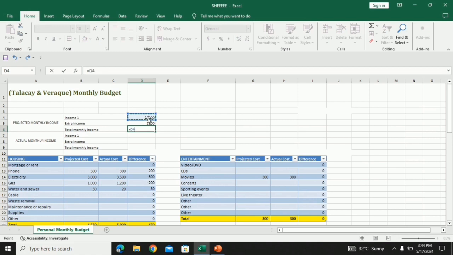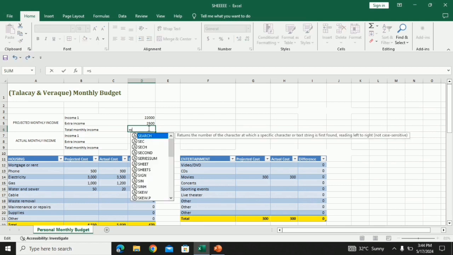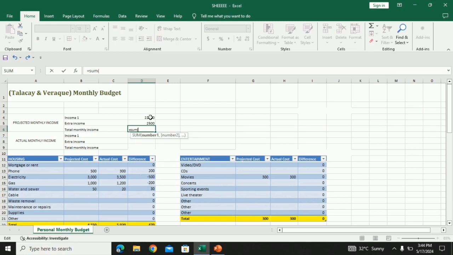Total equals sum again. Alt equals to calculate the sum of the projected monthly income.